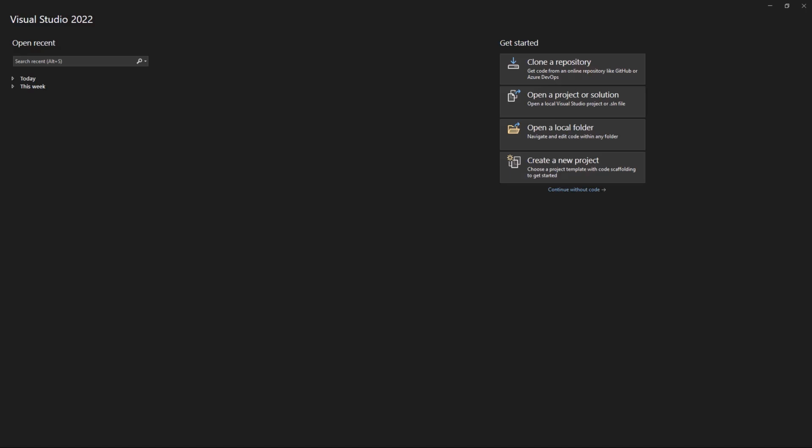But before we dive right into this, let's first understand what an API gateway is, and also why Ocelot is a go-to choice for API gateway in the .NET environment. Imagine you are managing a growing application with multiple microservices, each with its own API.